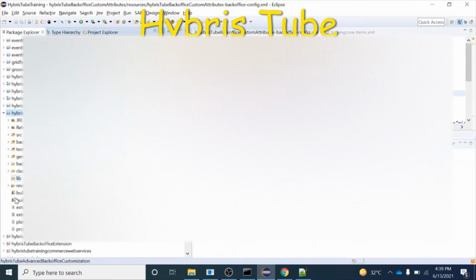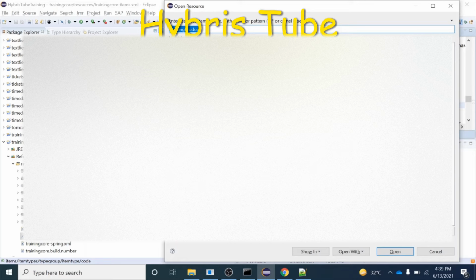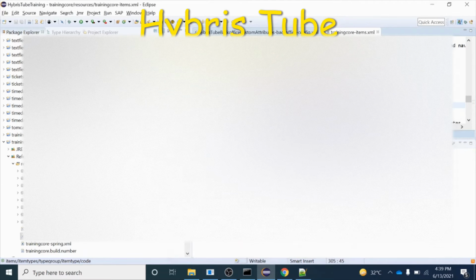And before opening this Hybris Tube advanced back office customization, let's verify whether we have this training product model or not. You can see TrainingProductModel.java has been created, and since we have created a Jalo class as well, that is why TrainingProduct.java was also created, because over here we had mentioned the Jalo class name.